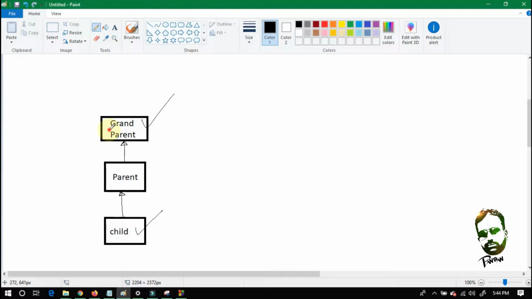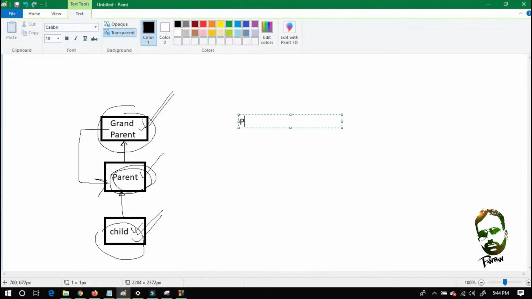So the properties of this class are coming into the child by using this parent class. This is the child class of this parent class, and this is the child class of this parent class. So indirectly, this is also a child of this class. So the properties of grandparent and parent will exist in this child class. So let's take an example.